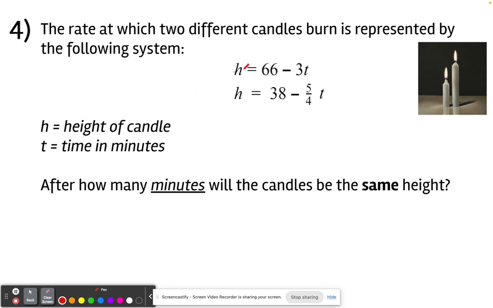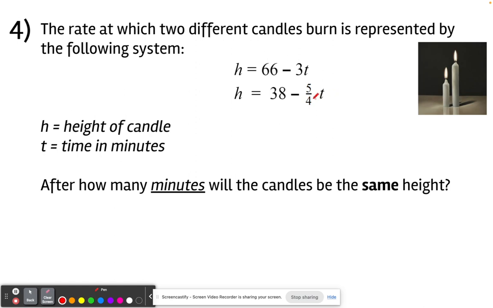So this one tells me the height of the candle will be 66 minus 3t. Just thinking about this, it tells me then at 0 time, my candle would be 66 inches. So my candle starts at 66 inches and then goes down 3 inches every minute. My second candle starts at 38 inches then and goes down at the rate of 5/4 of an inch every